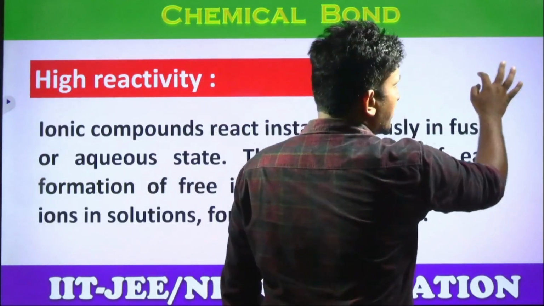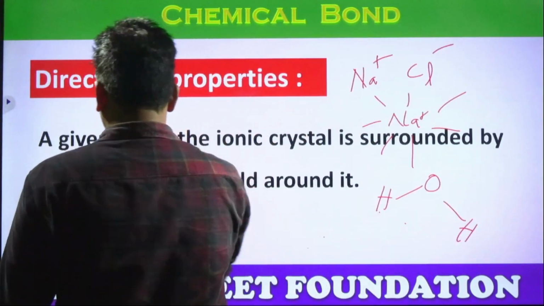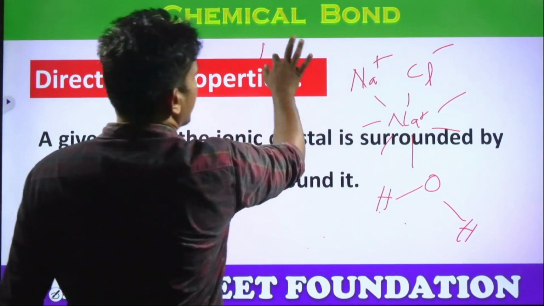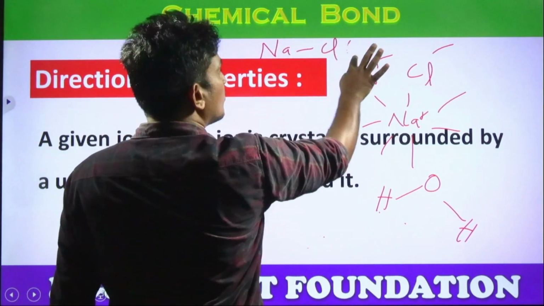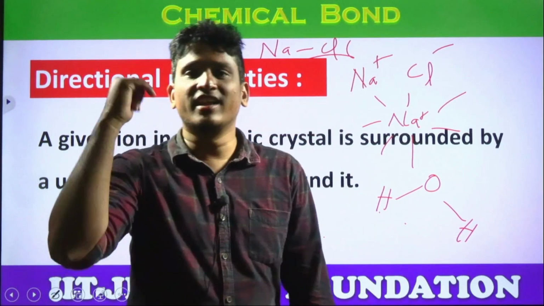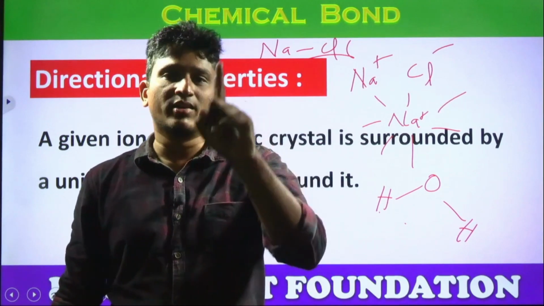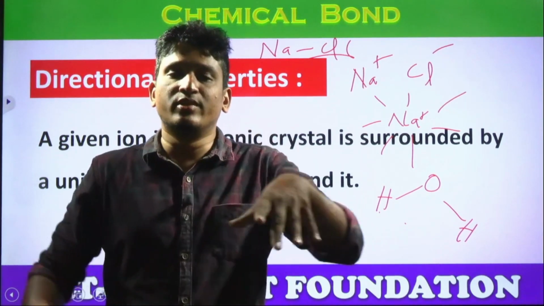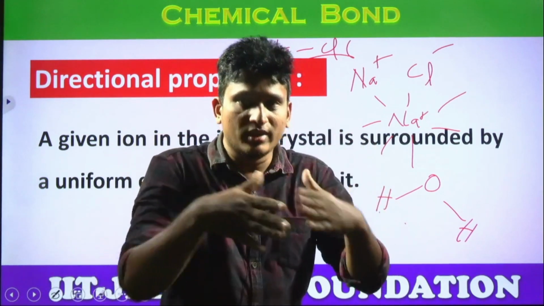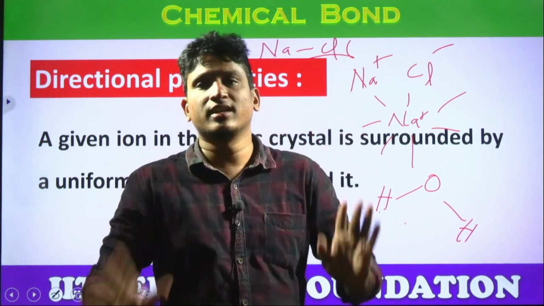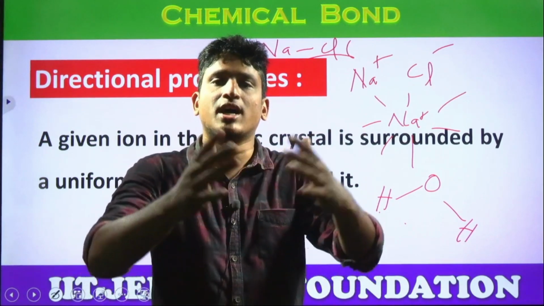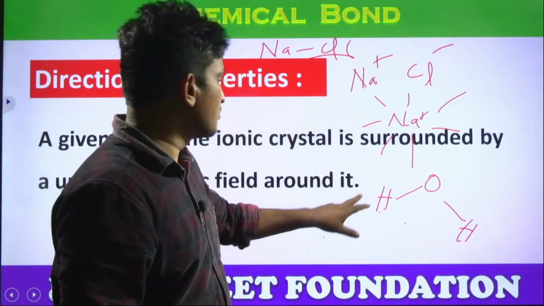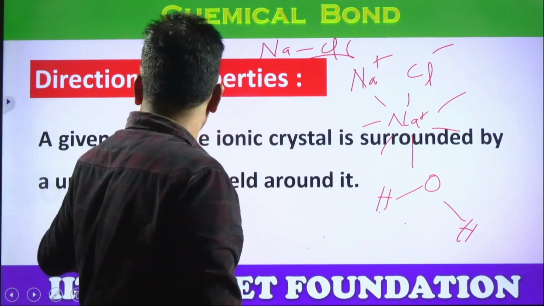Are we writing sodium chloride like this, students? Are we writing NaCl with a bond representation like Na-Cl? No, we are not showing that. So that is non-directional nature. The bonds in ionic compounds are non-directional. Understood? That means they do not give bonding only in one direction. They are charged particles. They show the charge throughout the surroundings. That's how they are arranged in the crystal lattice, students. That is what the directional property means.